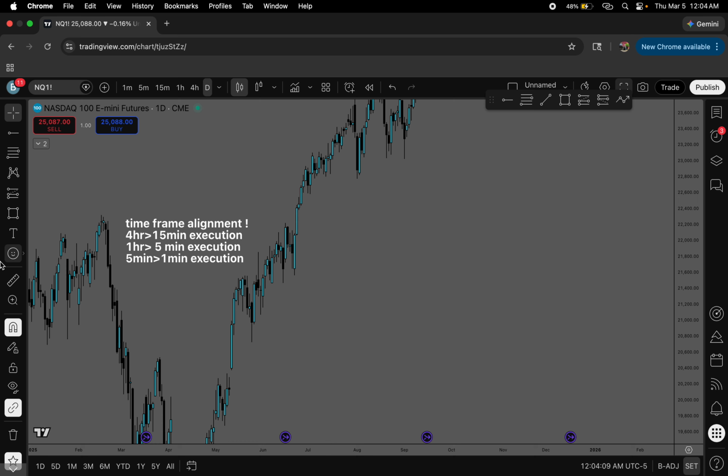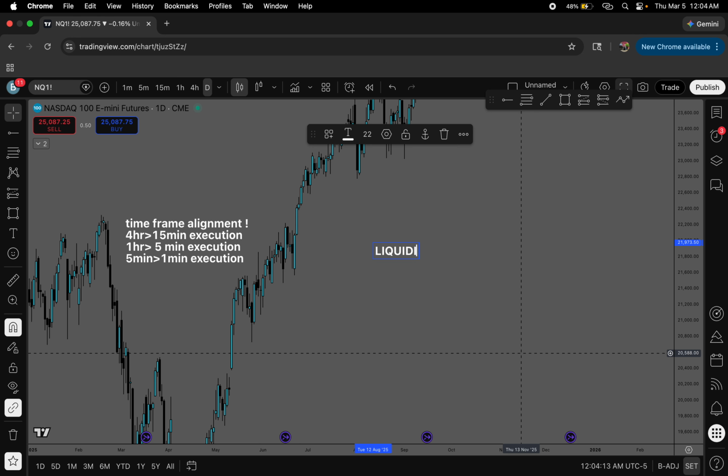But oh, also, this is very important. Liquidity must be swept first for a valid rejection wick entry to work. This is how you guys are going to be able to bottom tick the market. If you put the 8.5 along with this, that could help a lot. That'll help bottom or top tick